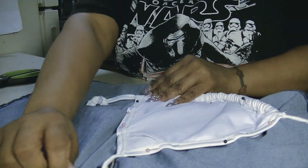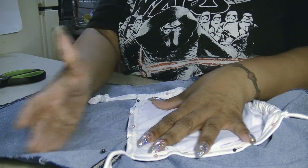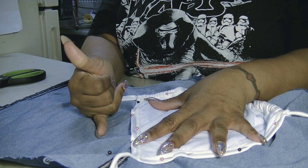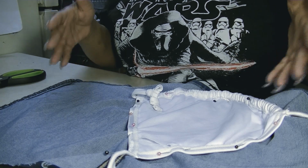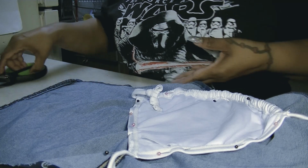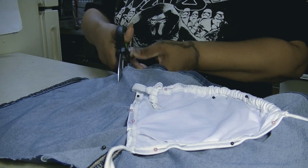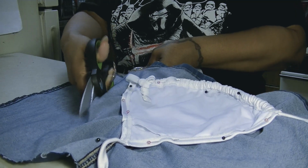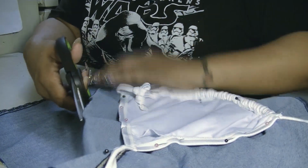So what I am about to do is, although I have this position, I want to give myself some leeway, so I will not be cutting directly where the fabric ends. I'm going to cut a little further away, maybe about 1.5 inches. As I always say, if you are anal and need true measurements, then you need to use a ruler and measurement if that's what you need. I am not one of them kind of people, so I will be eyeballing it. I will be doing at least 1.5 inches away from the fabric to give myself some leeway, just in case my measurements was not quite accurate, especially since I did not